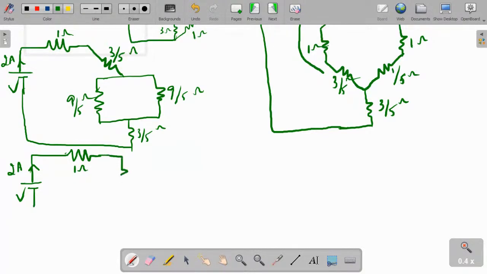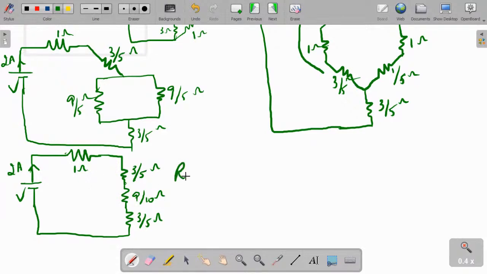So here we have 3/5 ohm, and 9/5 ohm and 9/5 ohm are in parallel. So we get 9/10 ohm and I have 3/5 ohms. Now all are in series, right? So what will R equivalent be? So R equivalent is